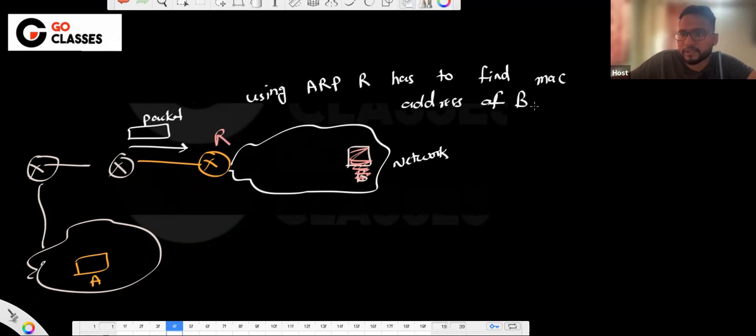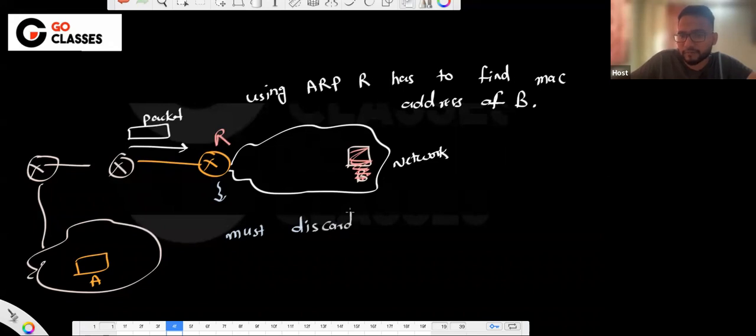of B, isn't it? So R will send a broadcast message which will say, I know the IP address of some host, can you tell me the MAC address? That's what R will say. If that's in the same network, then it will find the MAC address of B. If it's not in the same network, let's suppose this is some other router R2, then it will find the MAC address of R. But now it will find the MAC address of B. But since B is down, B will not even reply. So the router will say that since I am not getting any reply, maybe this destination is unreachable, so the router must discard this packet,